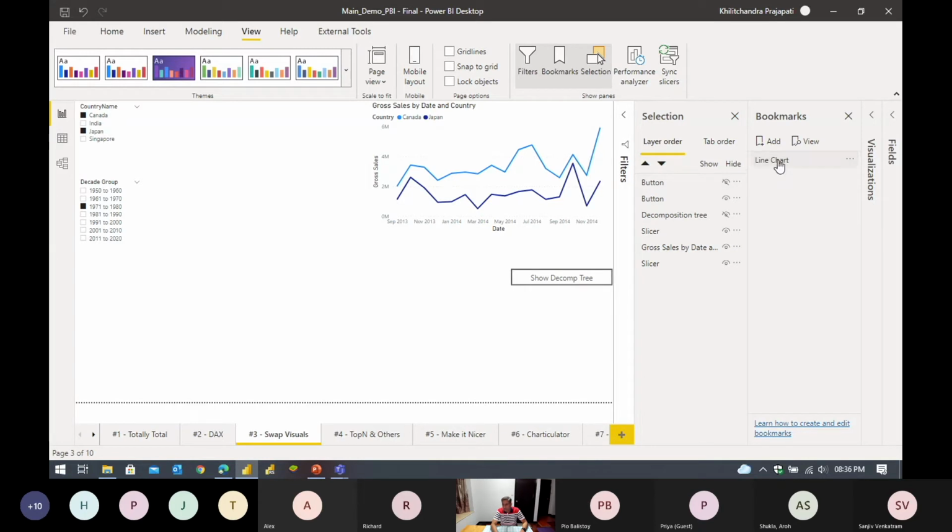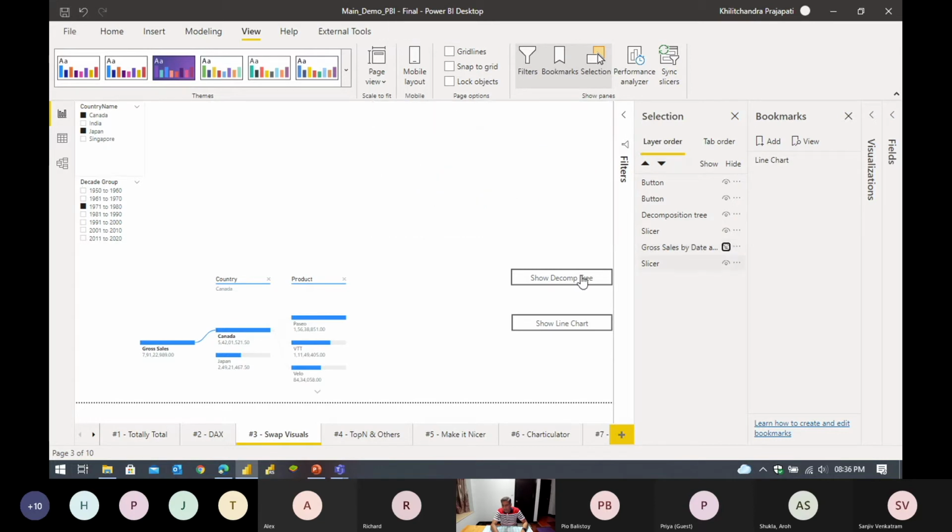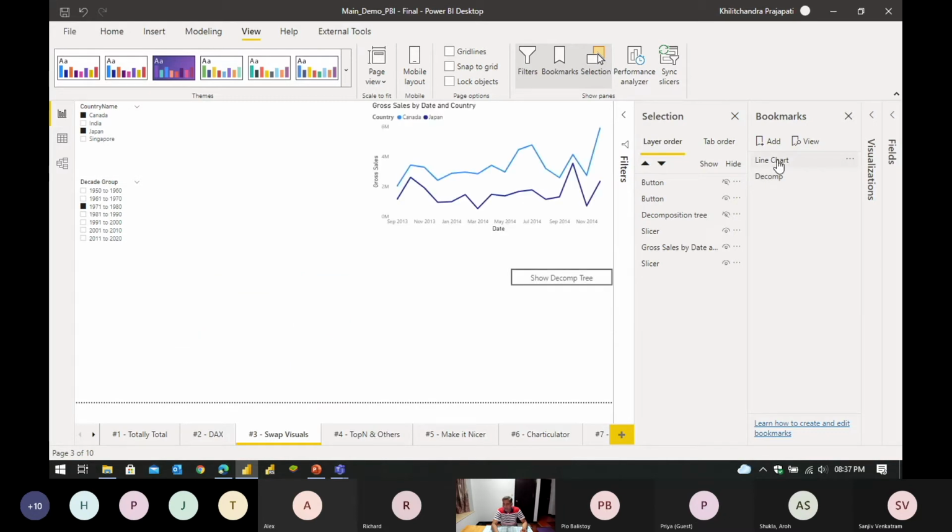And what I'm gonna do is undo this. And at this time, I'm gonna click on this one and hide it. And on the line chart, I'm gonna click on the decomposition and hide it, and create a new bookmark. I double click it and simply say the decom. That's it. So now what I just did is whenever I click on line chart, it will show me these